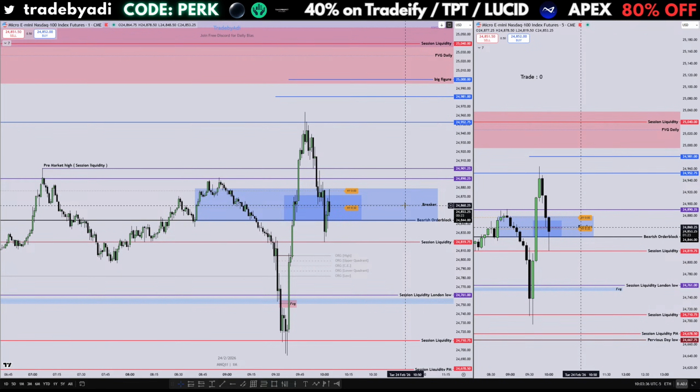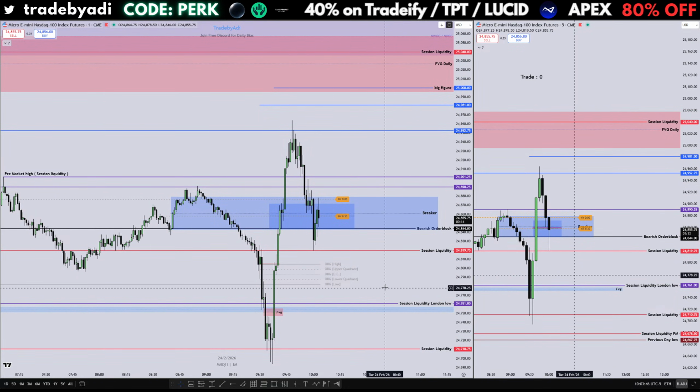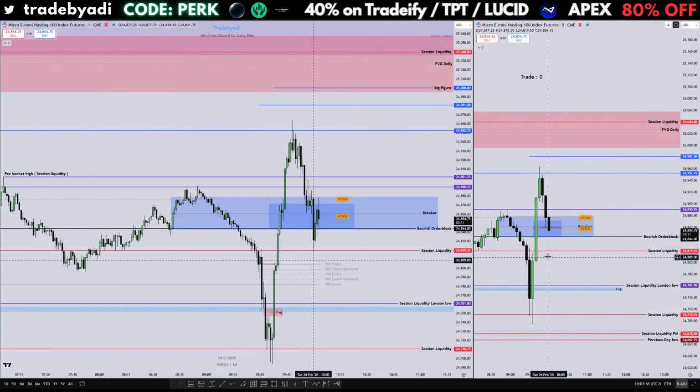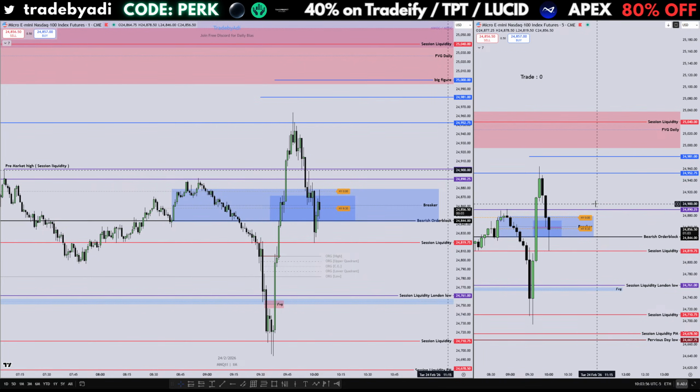I think no need to buy the 100 lots. And also, if you check this gap, fair value gap, or the buy side imbalance, sell side inefficiency,